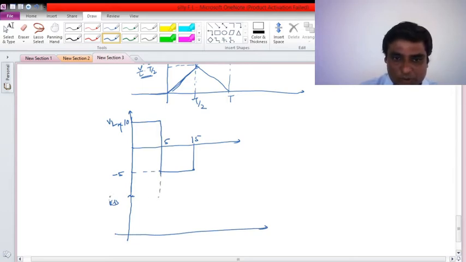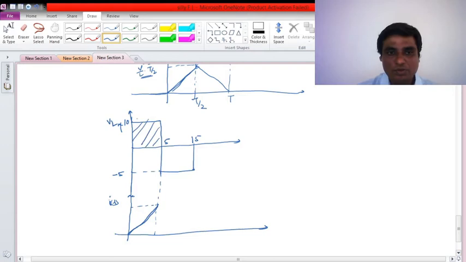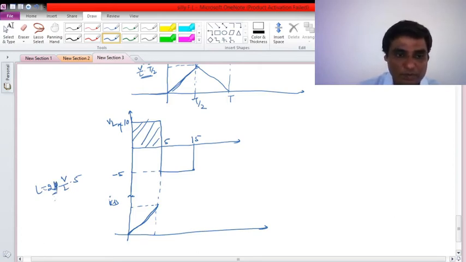So at this point, current through the inductor will increase linearly. It will reach this point, so this much volt-second. How much volt-second? 10 into 5 divided by the inductor, so V by L into T. Let's say L is 2, since 200 is a very big amount, but just for problem solving we are taking it here. So V is 10, L is 2, and T is equal to 5 seconds, let's say. So it will be 25 ampere current.